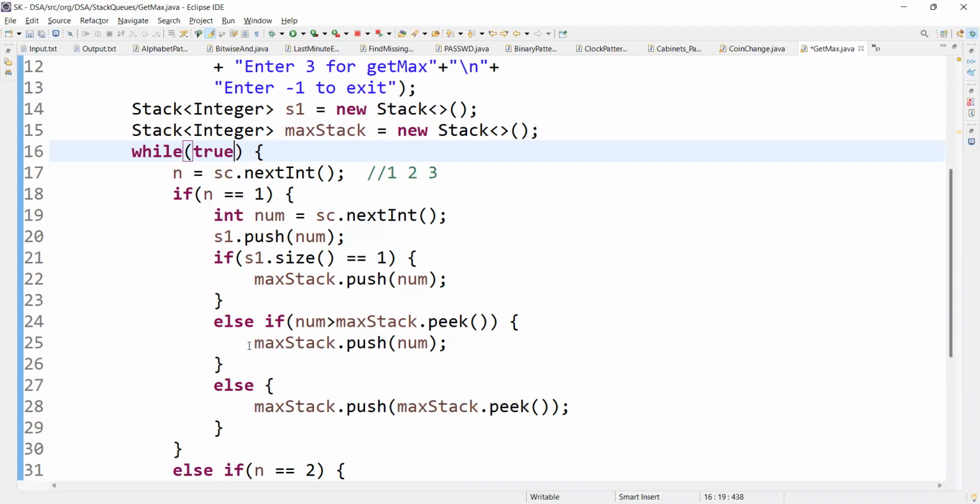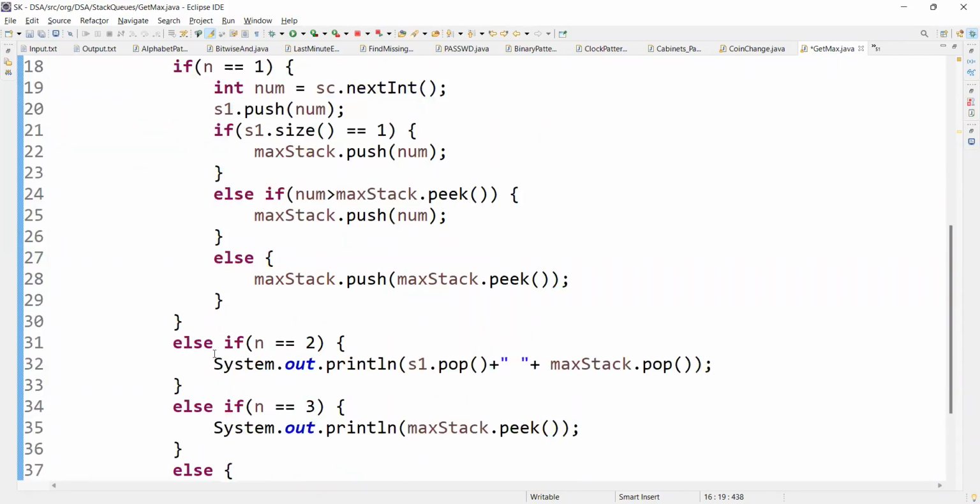S1 dot size should be equal to 0, or I'm not getting you. My thought process is that if the size of S1 is 0, then it should exit. Yeah, you can write here, and if n is equal to